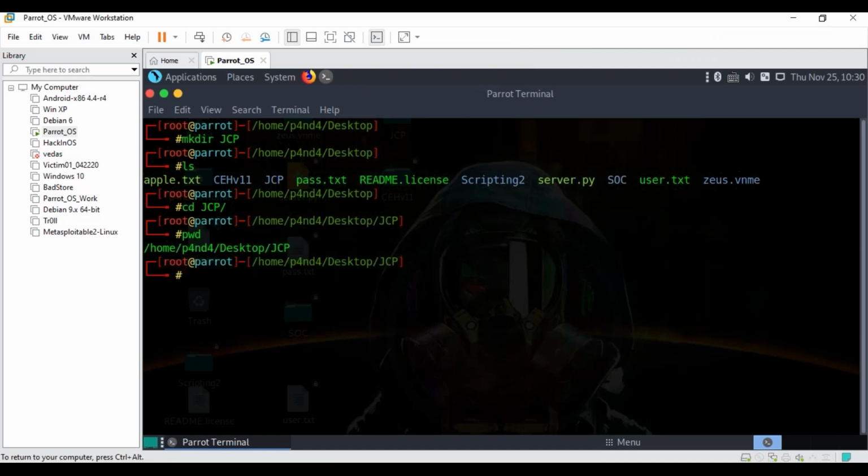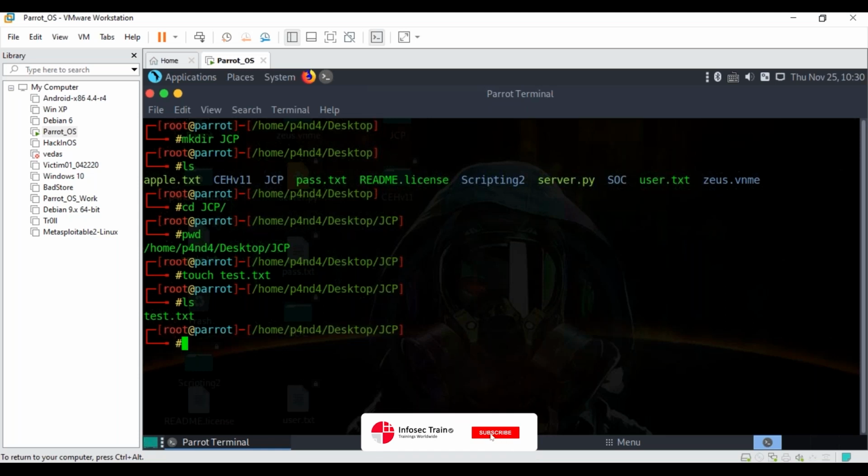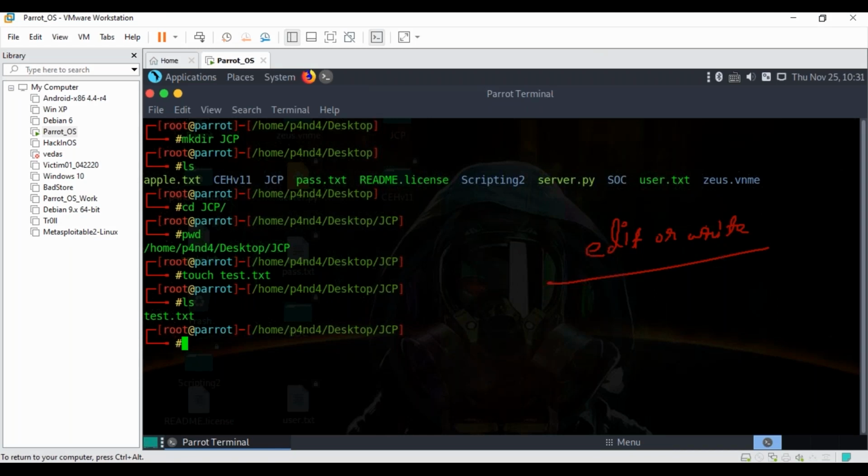Pretty much fine. Now what we'll do inside this directory is create some files. To create a file, I will do touch test.txt. Now if I do ls, is there a file with the name test.txt? Yes, correct. Now I want to write something inside this. So we can go with nano, right? So I will simply write nano test.txt. Hit enter.